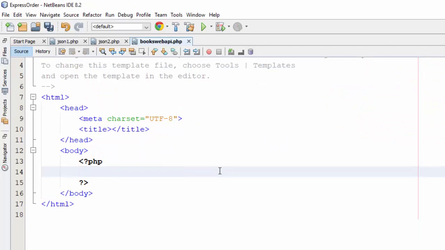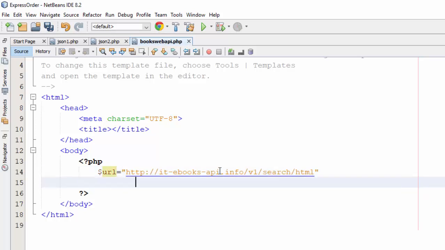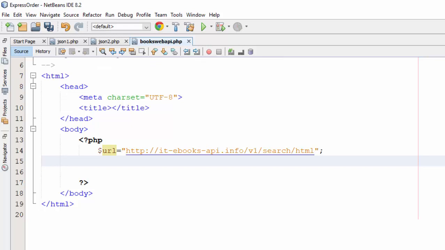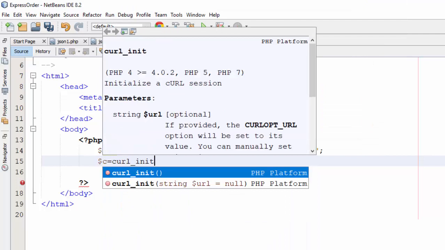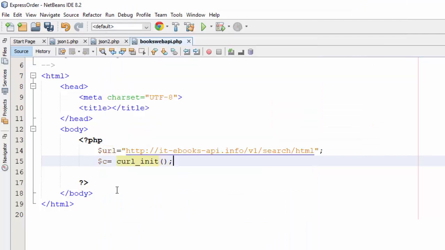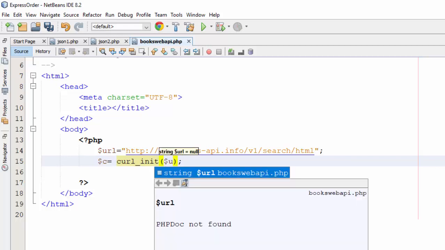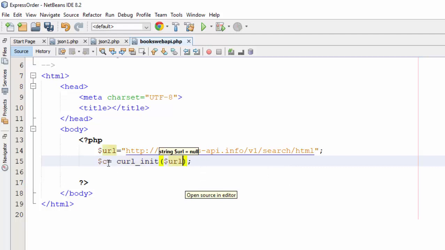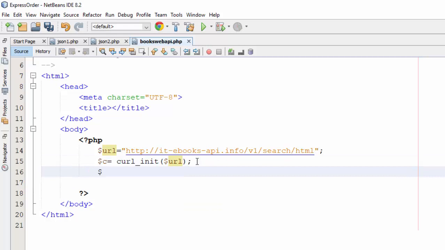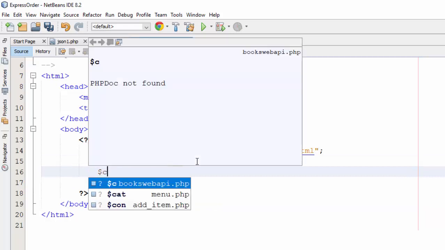At first, we need a variable called URL to store the link of this web API. Then, the second thing is to create an object using the function curl_init. The cURL, which stands for call URL or client URL, this function is used to call a remote web API or a remote URL. So in this case, you need to give it the variable URL, and the result will be stored here in the C. Then the next line is to use this function,